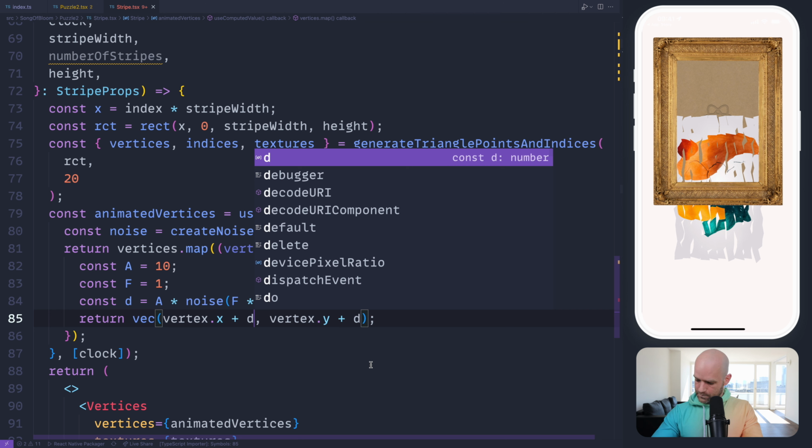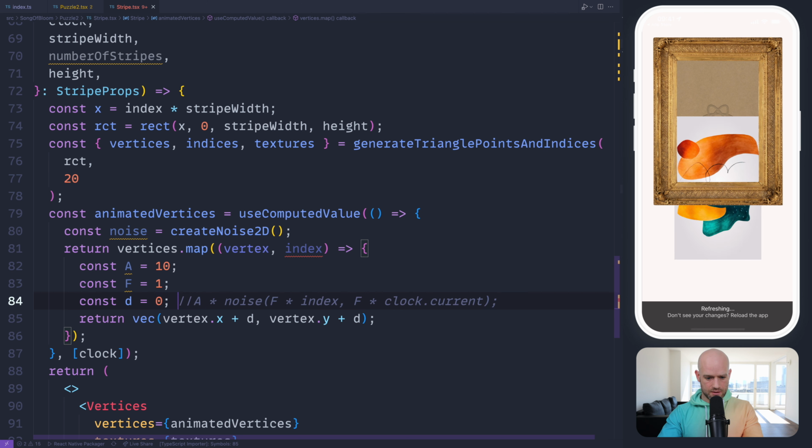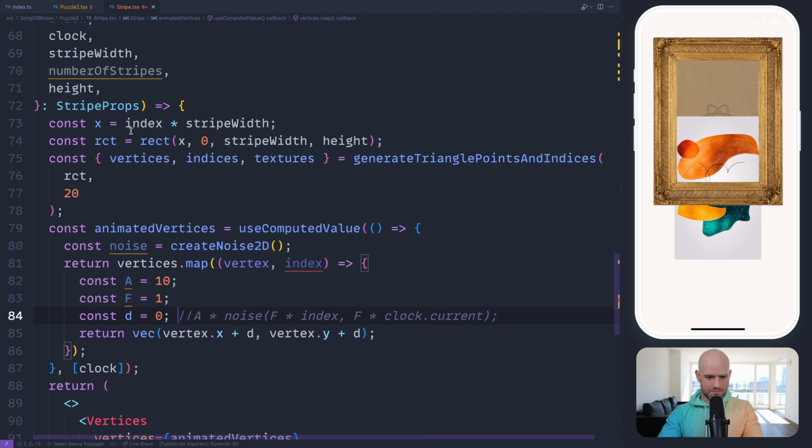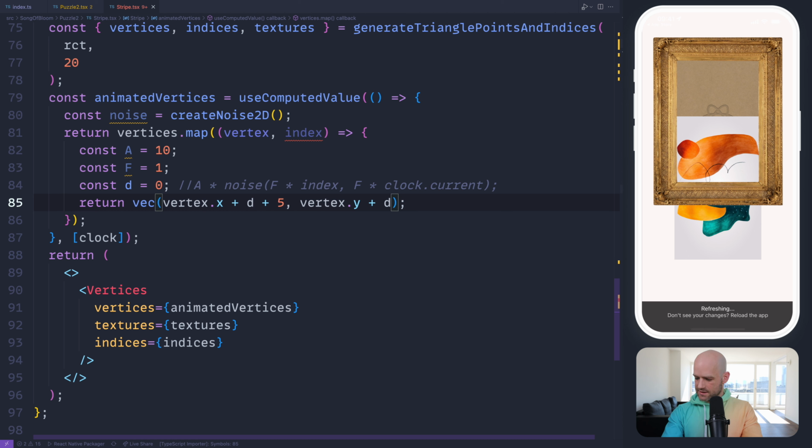In fact, let me put it back to 0 here. One thing I want to do also maybe is to have the stripes separated anyways. So should I add something like maybe 5 pixels?